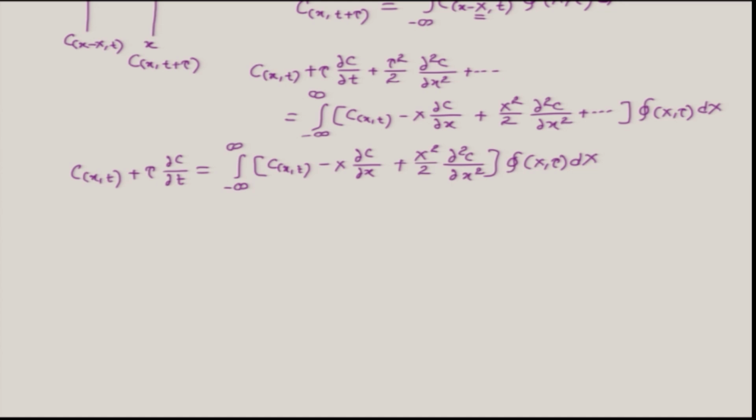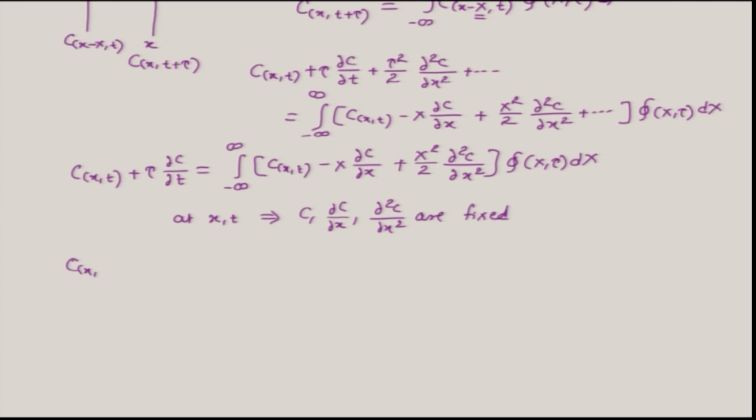So, at any given position of small x and at any time t, we can take these terms C of x t, dou c by dou x and dou 2c by dou x2 outside the integral, right. So, c, dou c by dou x and dou 2c by dou x2, these terms are fixed. So, if we take those out,